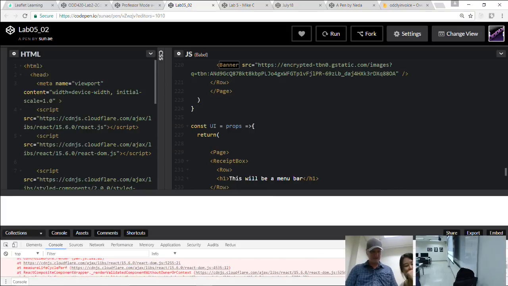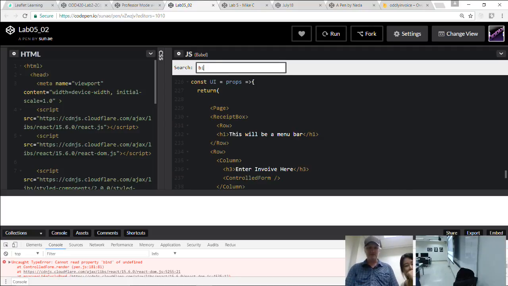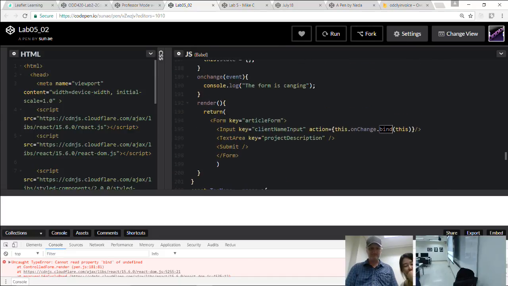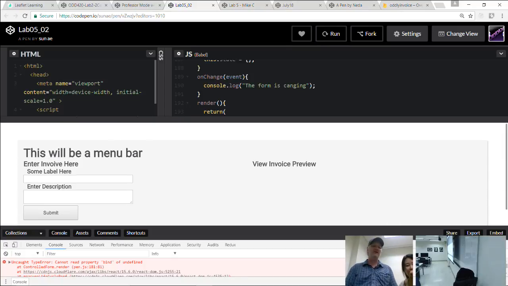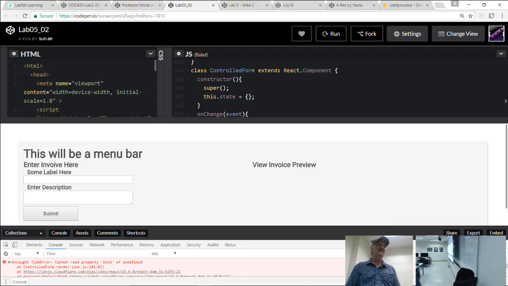Aha, what is this? Bind of undefined, eh? Okay, we're onto something here. So we'll just temporarily remove that, and let's see if we can track down the problem. Bind of undefined. Do we have an unchange? Oh, that's it. The small typo. Yeah, I bet you that's it. And I bet you can bring back your menu bar, and it should be fine. This is looking great. So yeah, it's just a capital Z. Bah! Code! All right.